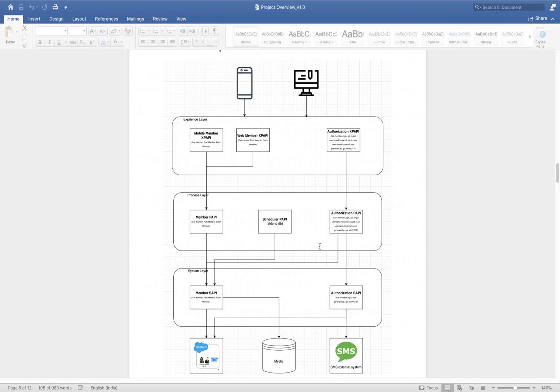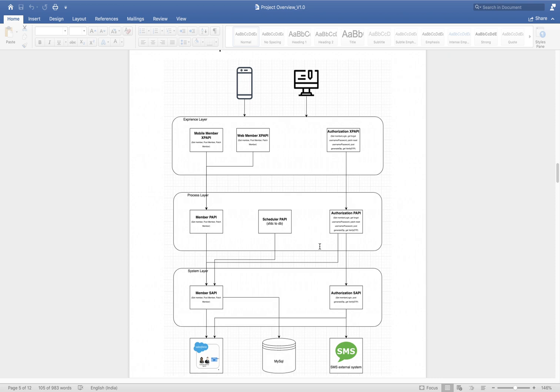If you are from a Java or .NET background, there also we used to call it microservice architecture, and here they have given some other name, that is API-led architecture. What we are doing here is dividing our API development into 3 layers.